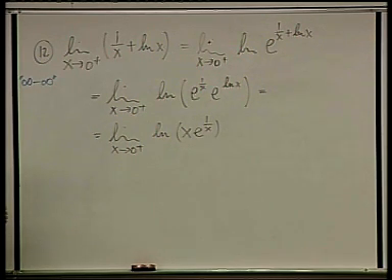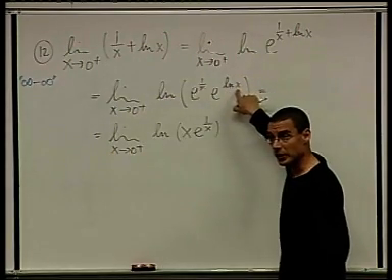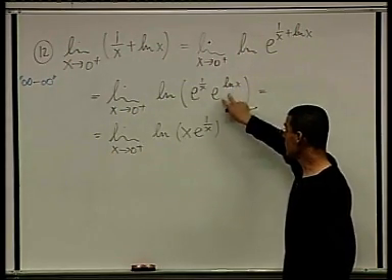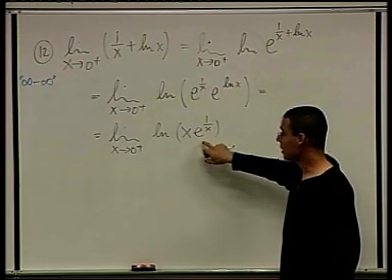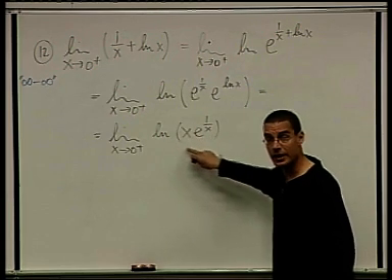What, again? I didn't understand this one. This last step, e to the ln of x is just x. They're inverse functions. E to the ln of something is just that something. Okay? Now what's the limit of x e to the 1 over x